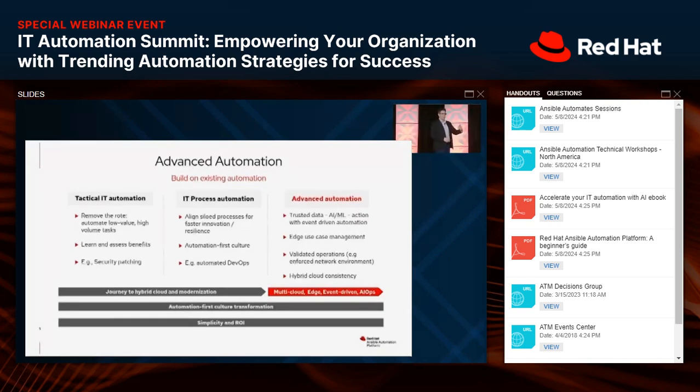We move through, and we try to get to IT process automation where we start gluing bits of things together. My networking, my Windows, my Linux teams, they're all automating. We're using a common language called Ansible. We're learning how to build an automation-first mindset, right? These are really key things to changing culture and changing how we do IT. We're trying to modernize IT. We're trying to take the same processes and the same things that some of the cloud native stuff is doing and apply it to the rest of our infrastructure.